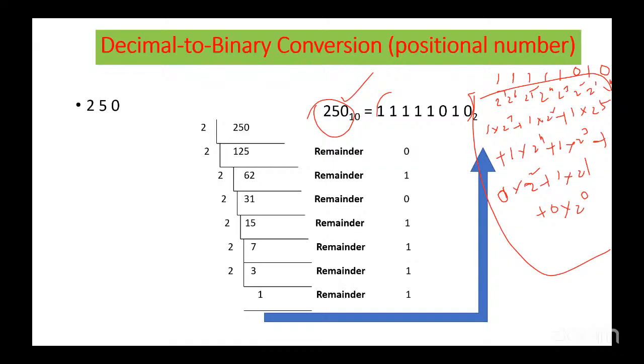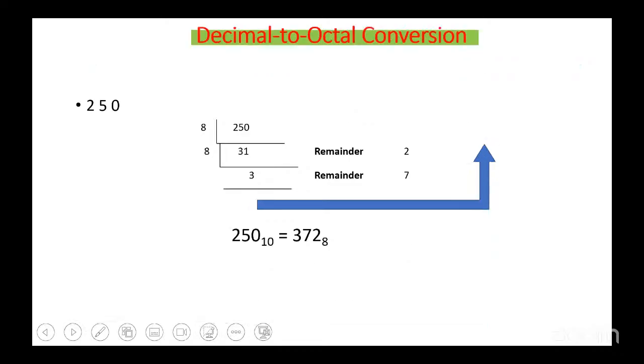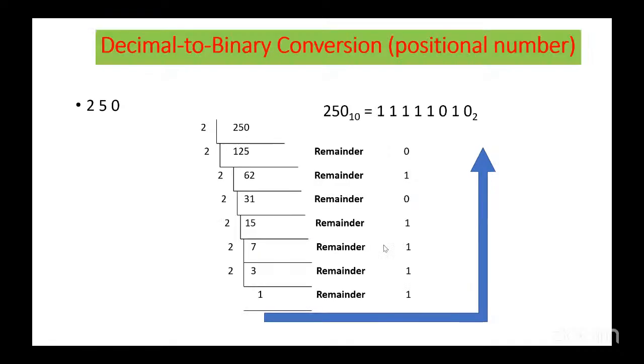Okay, now decimal to octal. Octal means divide with 8. Decimal to binary, divide with 2. 31 times, remainder 2. 8 threes are 24, remainder 7. So how to write this? 372. Whether it is correct or not, if you want to check it,